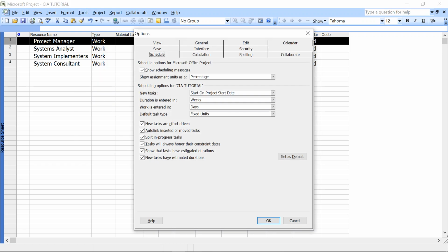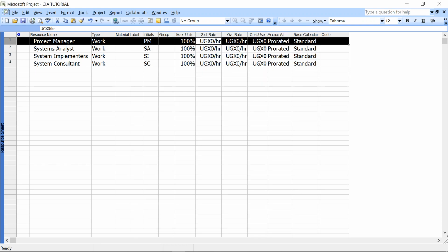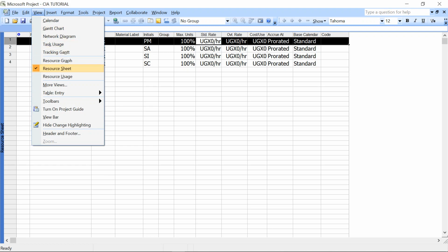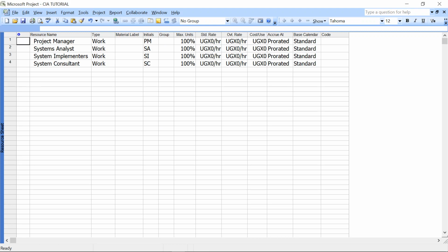So work is entered in days, we all clearly know that, but in general, let me say days, yes, so set as default. Press OK. So I think when you go back to the Gantt chart and then go back to the resource sheet,